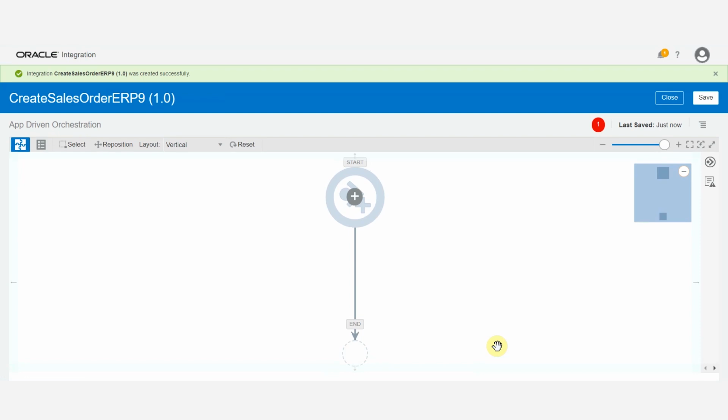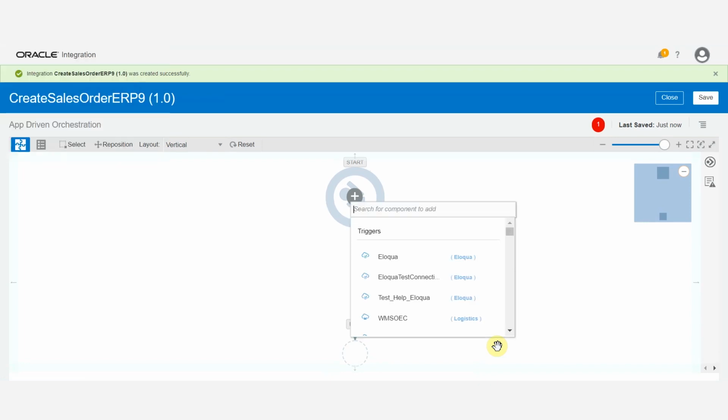Add and configure REST adapter. Our integration needs a REST adapter. You will be taken to a canvas where you can drag and drop the connections that you have configured earlier and map data between applications. It is also possible to create complex logic using the action icons such as for loops, switch statements, error handling, etc. Click on the plus icon to add your first adapter.